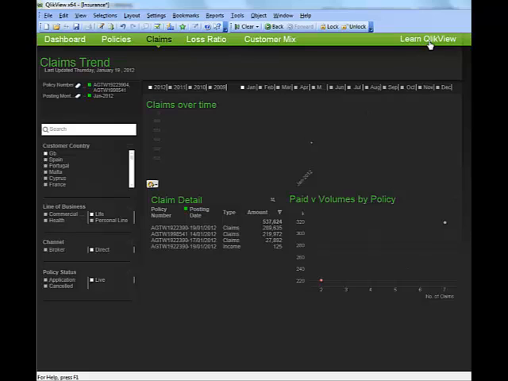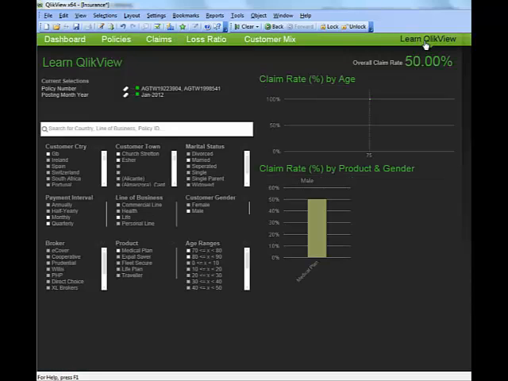So if we move to our Learn ClickView sheet, which you can do using the button in the top right, you can see we can look at the makeup of that customer using our standard list boxes. And here you can also have a play with the green, white and grey and the associative logic and the power behind ClickView. So you can see that they are British, see where they live, they are married, they are male, and they are senior people between 70 and 90 years old, and it was a medical plan covered by the life business. So this will help us understand the demographic of these large claims and maybe reassess